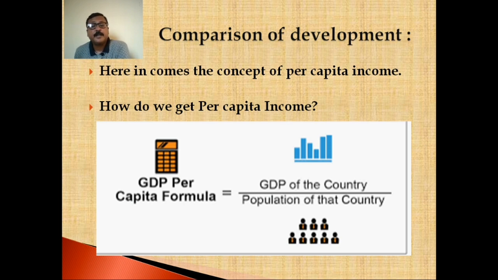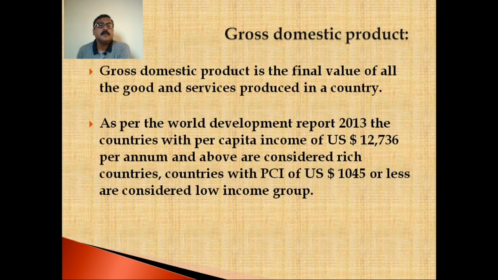How do we get per capita income? Per capita income is the GDP of the country divided by the population of that country. That means the value of the total goods and services produced in the country divided by the population of that country. Now gross domestic product, what is that? Gross domestic product is the final value of all the goods and services produced in a country in a year,